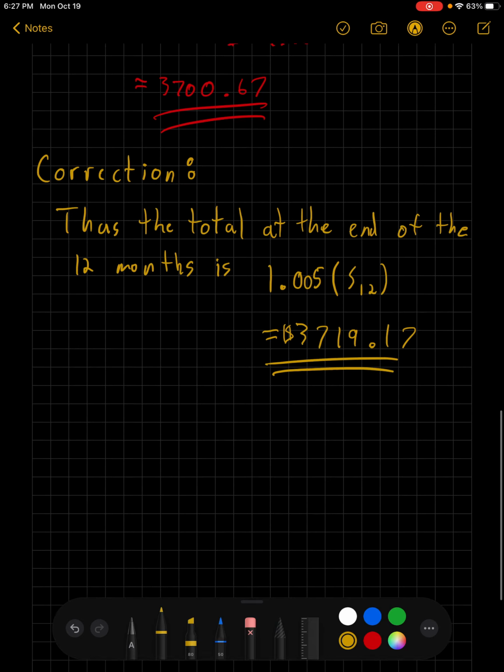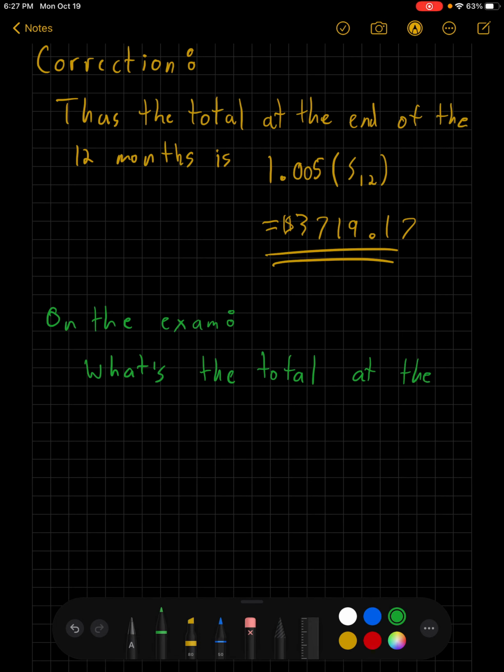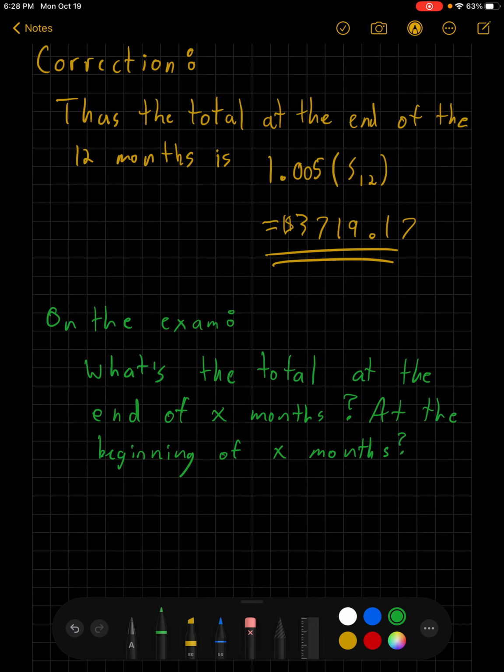So what you can expect, just to apply this going forward, you can expect that on the exam, I'll have some question where I'm going to ask you, what's the total at the end of X months and what's at the beginning of X months, mainly to